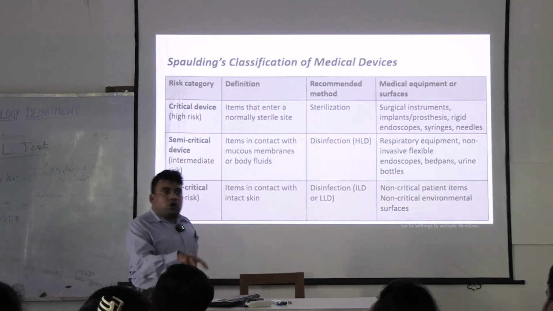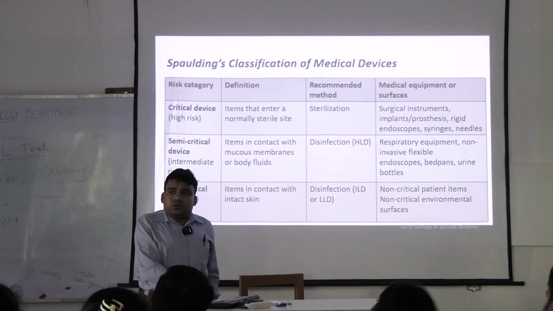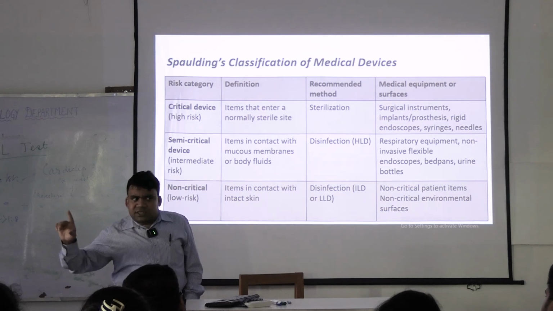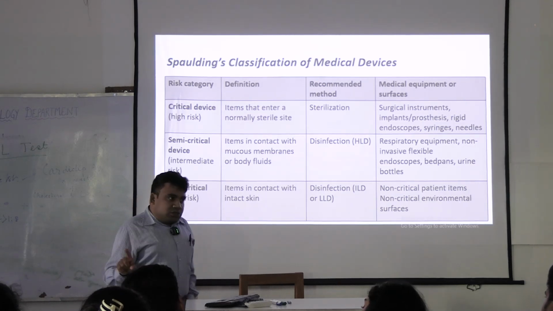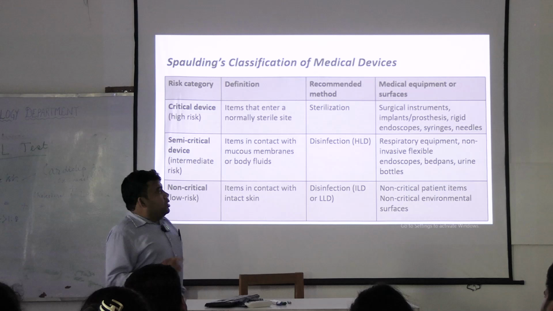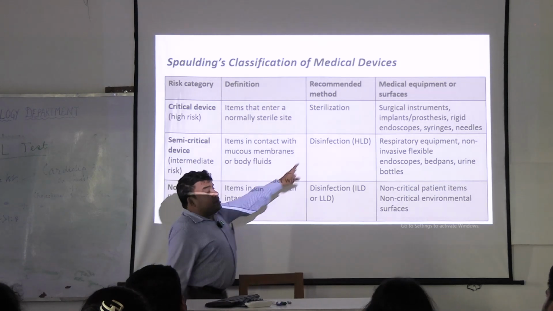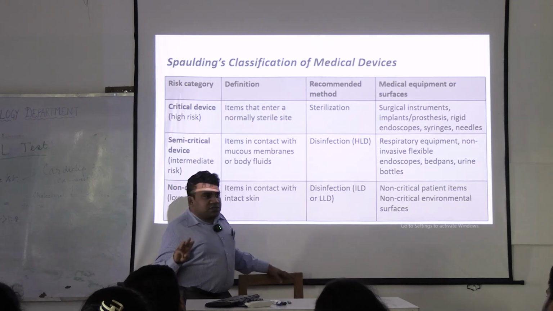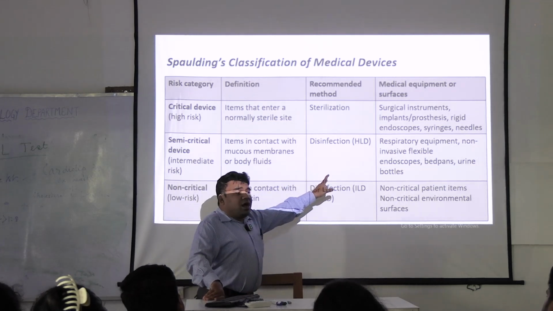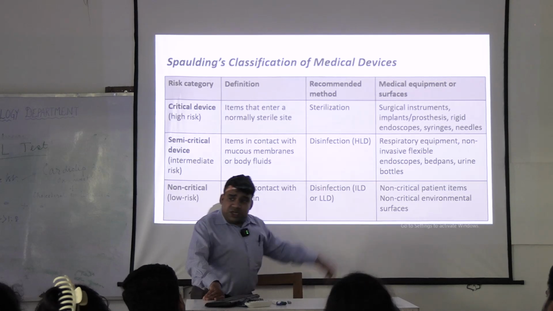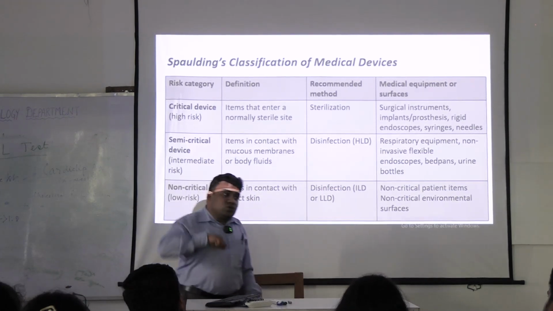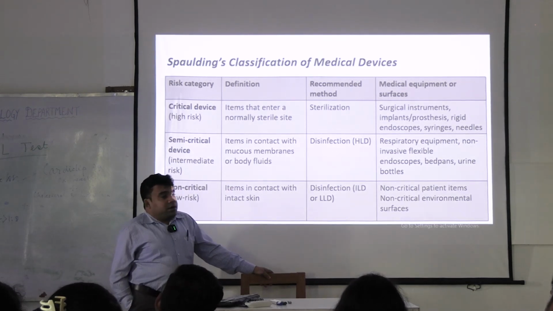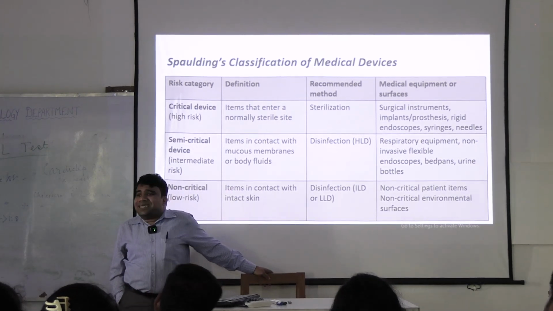Now, what sort of sterilization or disinfection do you need for that? That means your device may not be sterile, but it should have no pathogenic organisms, right? That is the reason why we need disinfection, that is the high level disinfection. Recall the 3 levels of disinfection. So, for those instruments we need high level disinfection. These include respiratory equipment, it could be an intubation tube, a laryngoscope, non-flexible endoscopes, right? So, these are called semi-critical